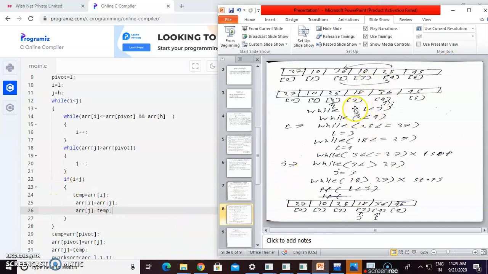J is pointing here now. Check: array of j, which means array of 3, is 18. Is it greater than array of pivot? What is the pivot value? 27. Is 18 greater than 27? No, stop. This means I is now pointing to index number 4 and j is pointing to index